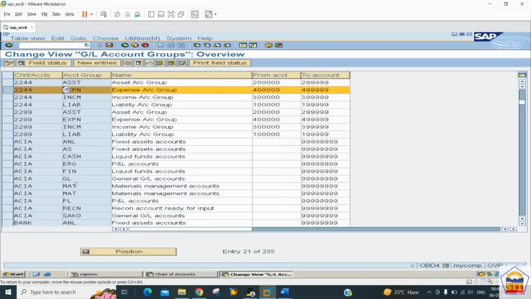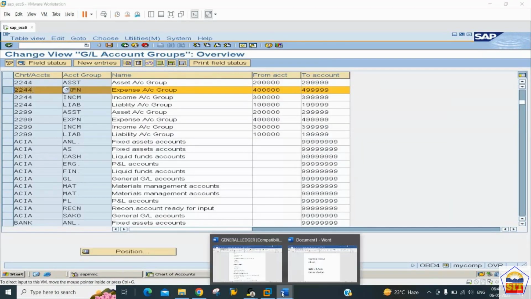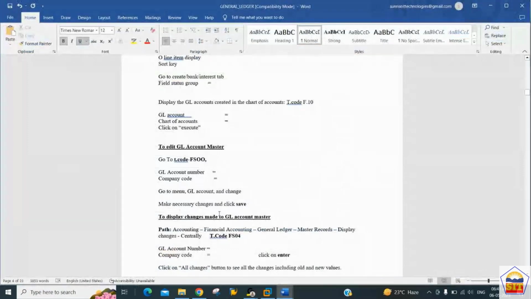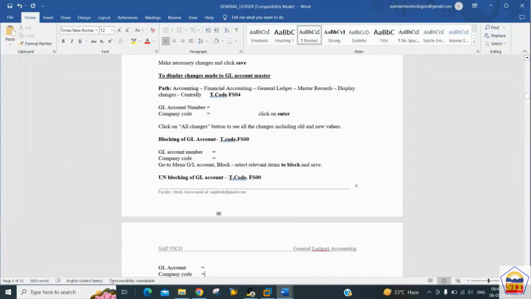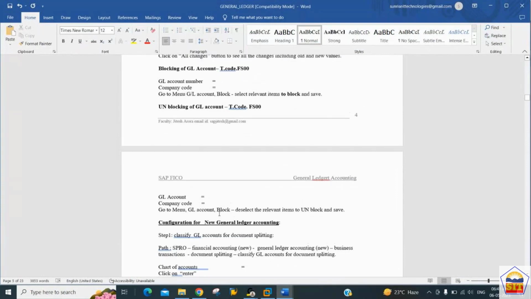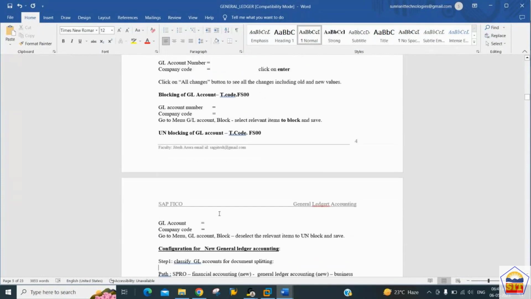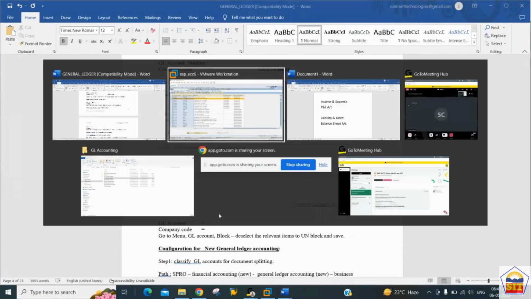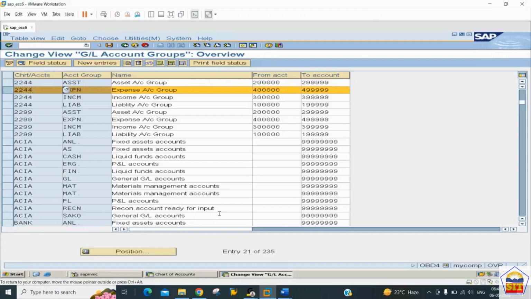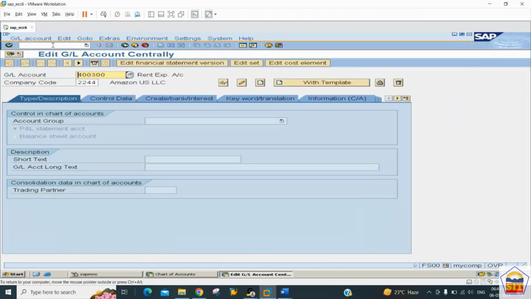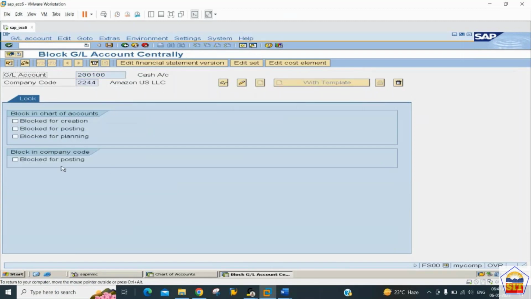And in order to post the accounting entry in the GL, what next do we need to do? We need to go to the transaction code F-02. But before that, we can also see the blocking and unblocking option. You can see here, we have been given one button in the GL master data, that is for the block. So how to use this button or option? Let's say the cash account I want to get blocked for 2244. How will I be able to block it? You click on this block button and here you can select this checkbox, block for posting, and then save